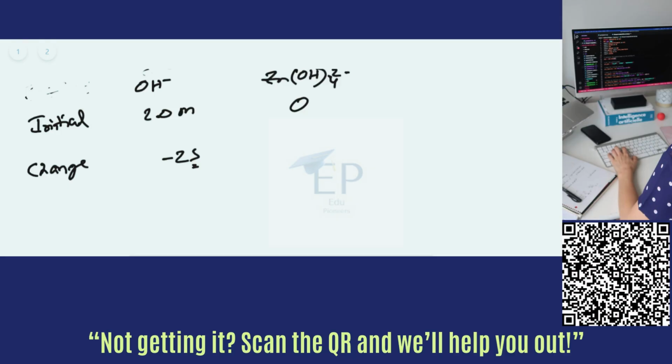And for this one our change will be plus S. So in case of the equilibrium, we will have 2 minus 2S, and here we will have S. So our equilibrium constant equation for this reaction, which is a value of 0.06, and we can equal this to